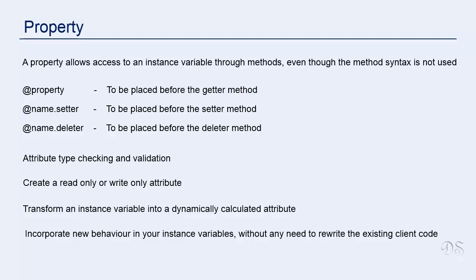So you can start implementing your class by coding your instance variables as public, and in future if you need more control over any instance variable, you can change it to a private attribute and write a property to access it. This way there will be no change in the existing code that uses the class.